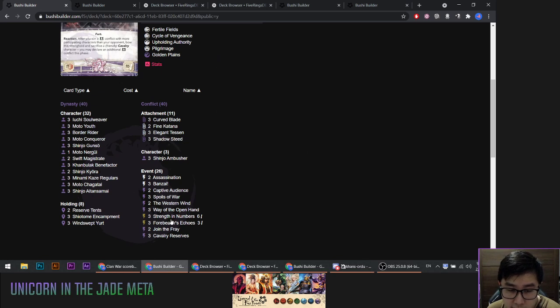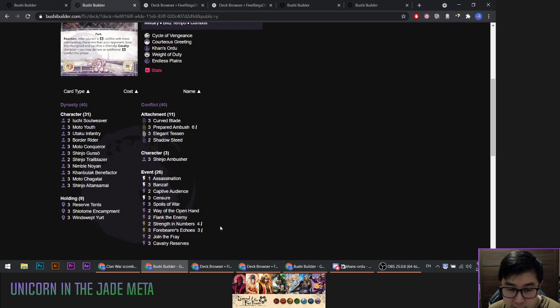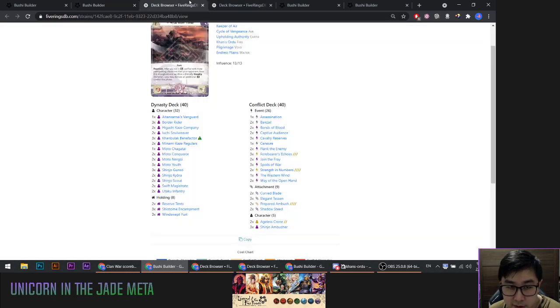Okay, so Strength in Numbers is really good. Some people are running Strength in Numbers together with Bonds of Blood, for example, Azote's list. There are 2 Strength in Numbers and 2 Bonds of Blood here. I can't remember whose list this is, but